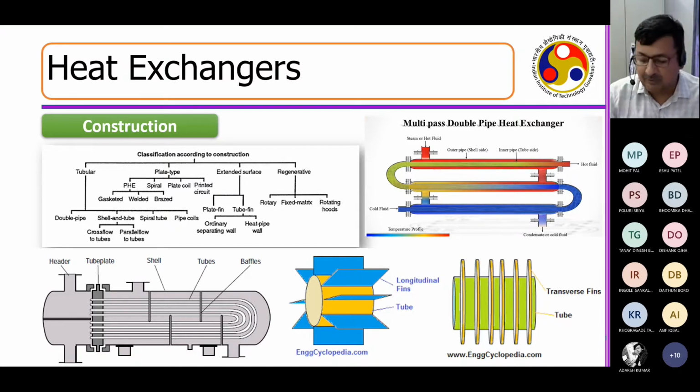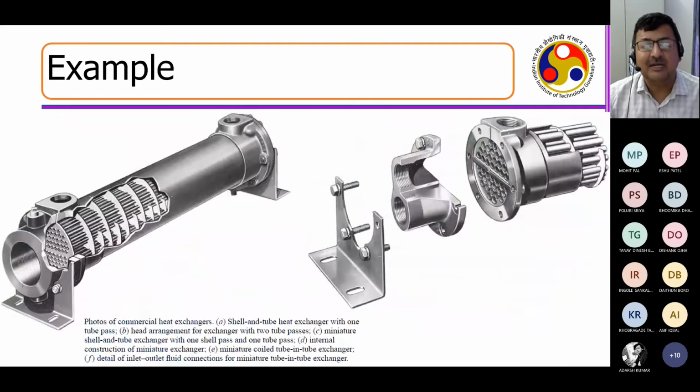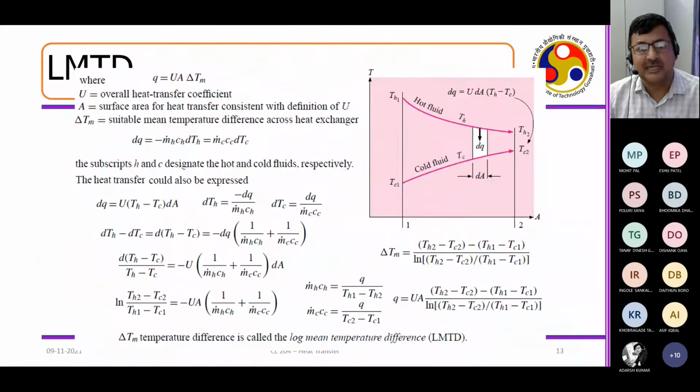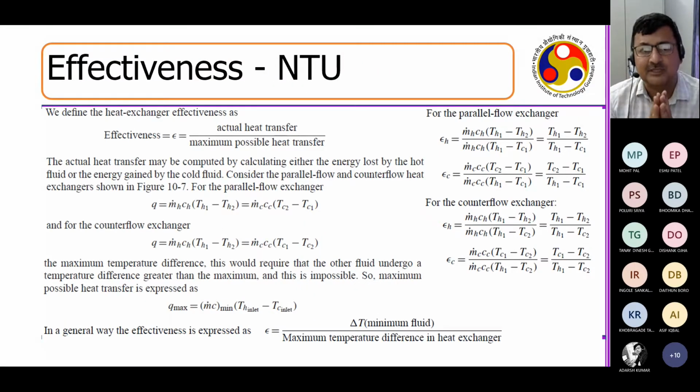So you have to really worry about two very important factors. You will do these calculations very rigorously in your process equipment design and drawing. I'm just leaving you with the thought that effectiveness is decided by the actual heat transfer divided by the maximum possible heat transfer. Any device has a potential, which is the maximum possible way you can do it. However, because it is a device, it will not always be able to operate at the optimal level. So you will have an actual heat transfer. This ratio is called the effectiveness.